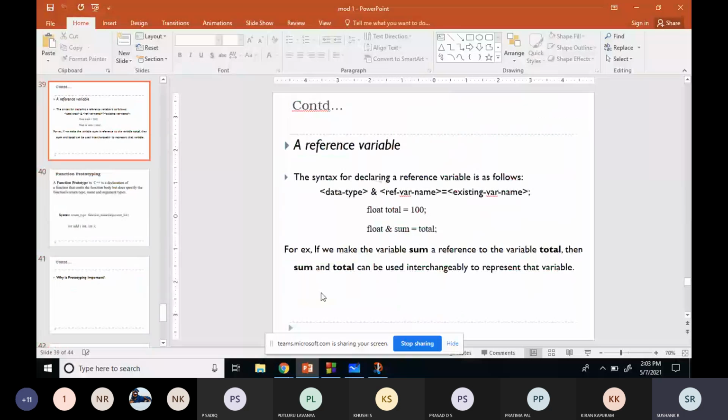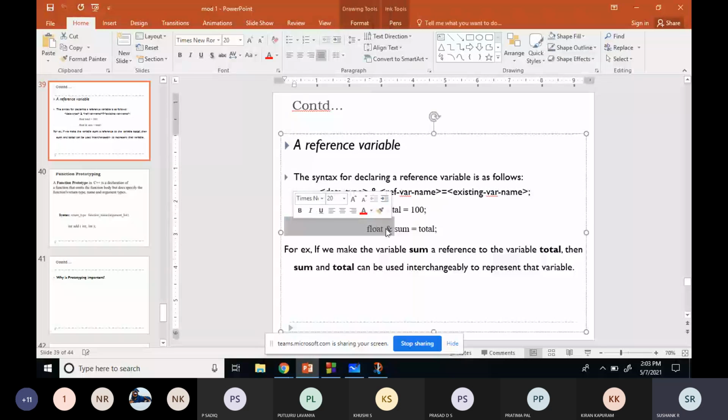Can you see, you can check this line. I think I should go with the slideshow. We can edit here only.